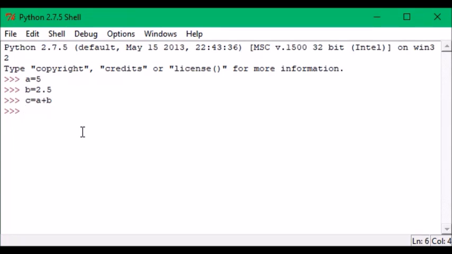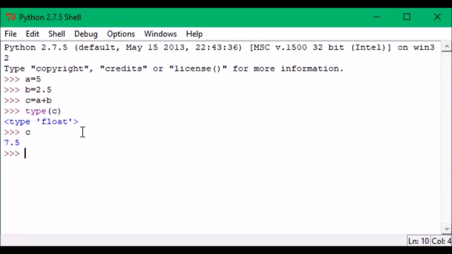So when you type c is equal to a plus b and hit enter, it will show the next command prompt line. And we know that a is an integer number. We have defined earlier a is equal to 5, and b is equal to 2.5, which is nothing but a float number, and float plus integer must be a float. Then when you type type of c, you will get the answer that the type is float. I mean c will be a float type. And if I want to find the value of c, you just type c and hit enter, and you'll get the value of c, that is nothing but 7.5.